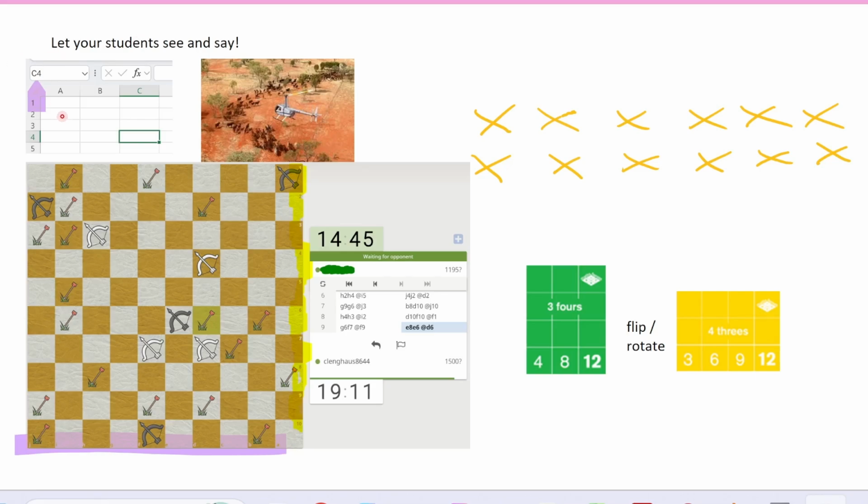My name's Christine. You can see a screenshot here of a game in progress. And here you can see that my last move was to move my piece to D6. D6 happens to be, the letters are across the bottom here as A, B, C, D. So I'm actually going